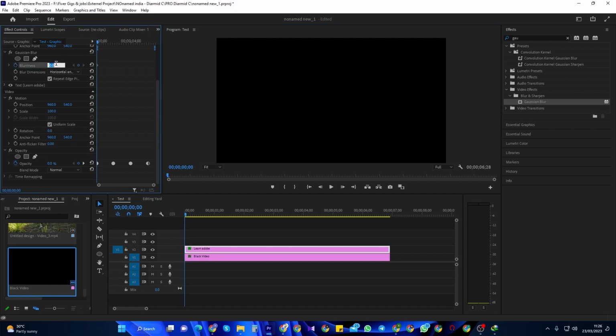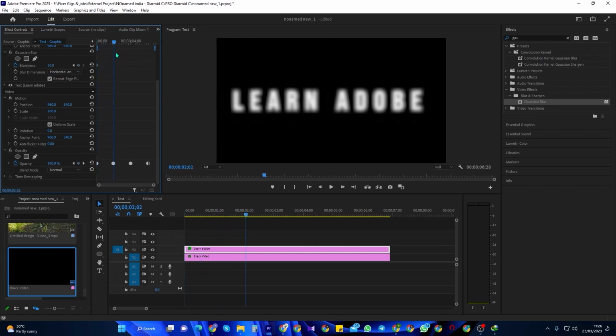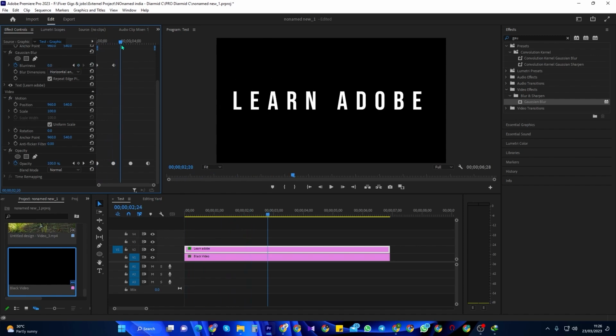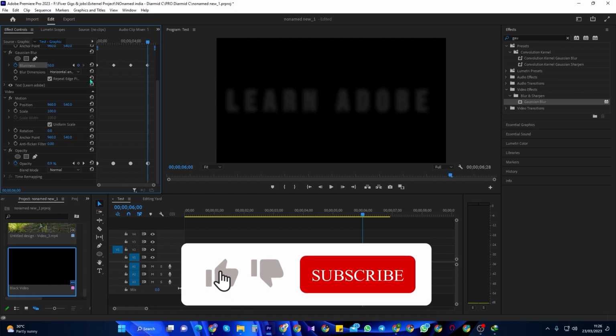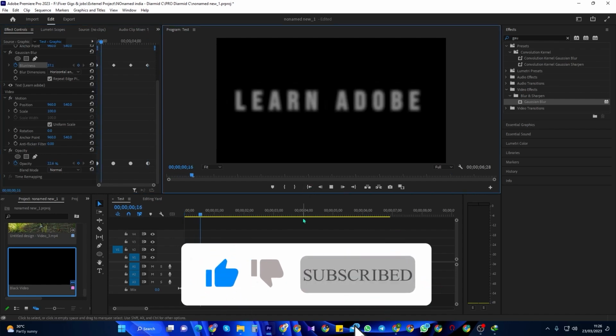Move the time marker to the 2-second mark and change the blurriness back to 0. Then move the time marker to the 4-second mark and click this little circle next to blurriness to create another keyframe at 0 blur. Move the time marker to the 6-second mark and change the blurriness back to 50. Okay, and now when I play this back, I have nice looking cinematic text that blurs in and out in